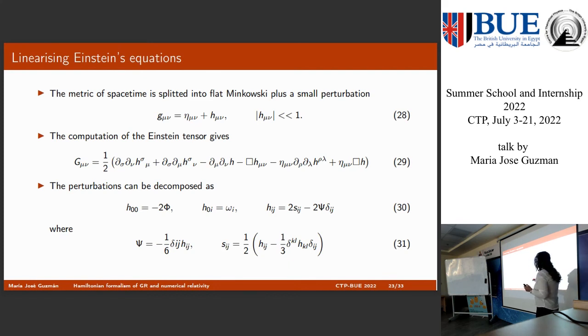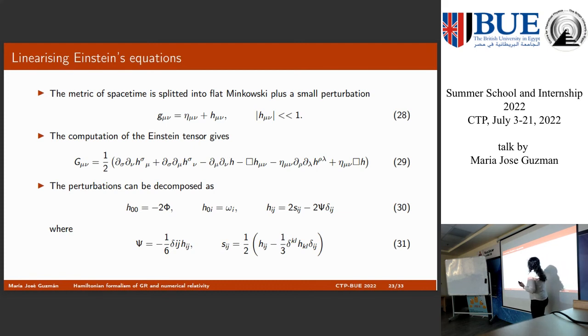But gravitational waves appear from perturbations around Minkowski space-time. And then you already saw the shape for the Einstein tensor in the previous lecture, and it's not very difficult. You just take your metric, take this small perturbation, and then you compute the Einstein tensor. You compute the Levi-Civita connection and the derivatives, and then what you do in this linearization of equations is you take every time you get something,